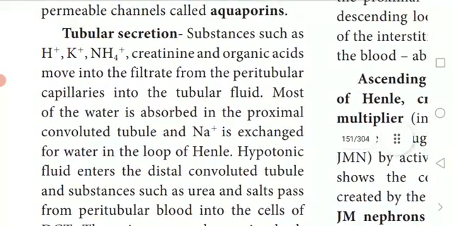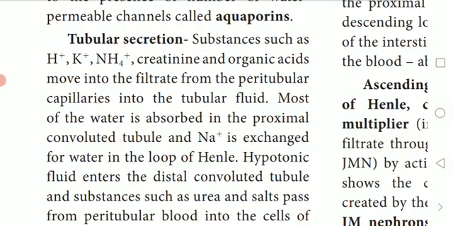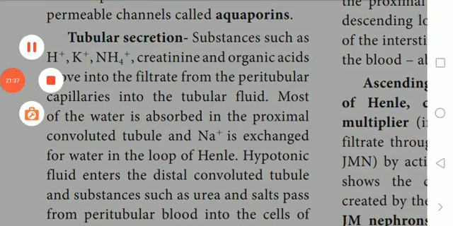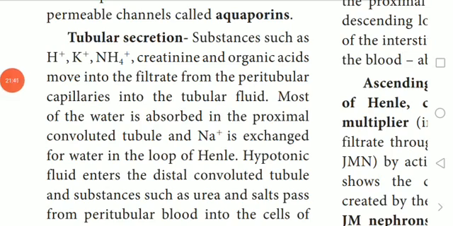The next one is the collecting duct. Here, this is what we call the collecting duct. It is permeable to water, secretes potassium ion and reabsorbs sodium ion to produce concentrated urine. So here, permeable to water means water can move here and there. Water can be reabsorbed. That's what they say is permeable to water. It secretes potassium and sodium. Why do they secrete? In order to produce concentrated urine.